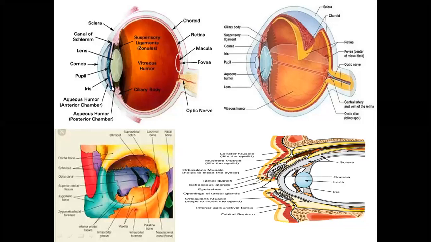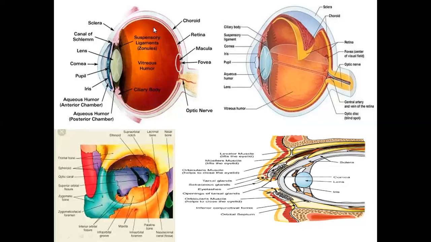Okay, so we have two chambers. The chamber which is between the cornea and the iris is called the anterior chamber. This is beta, this is the cornea, the white transparent layer which refracts the light and focuses it over the lens. So we have two chambers, the anterior chamber and the posterior chamber, because we have to discuss glaucoma. You know, glaucoma is a disease in which the intraocular pressure is raised.